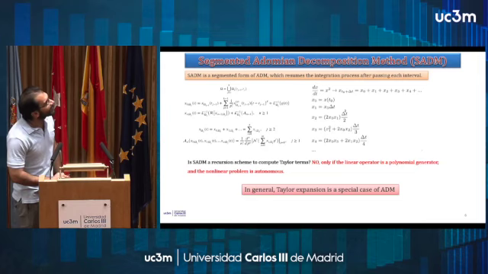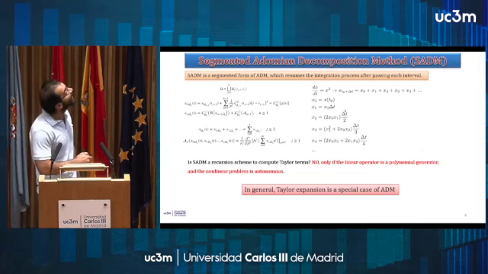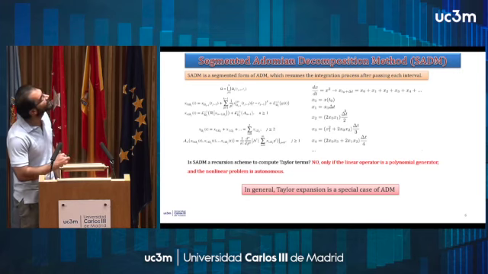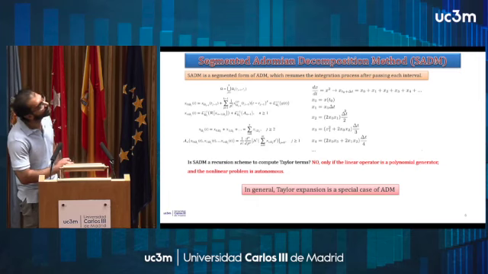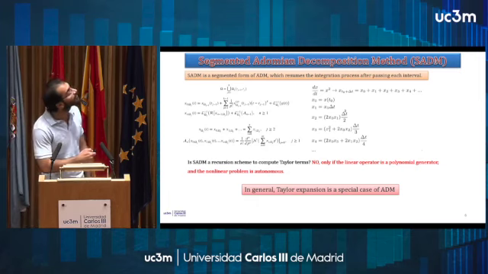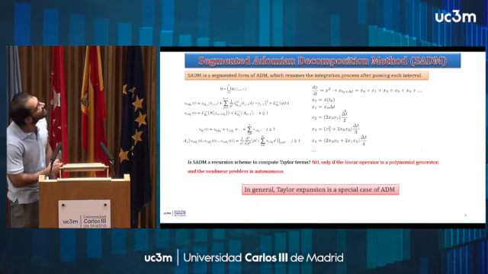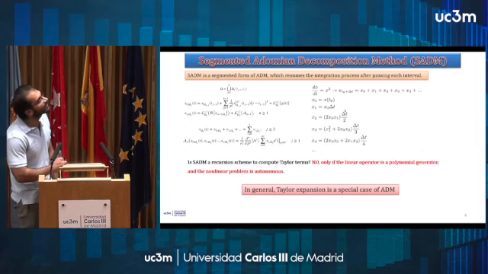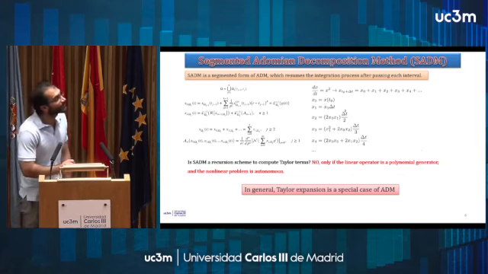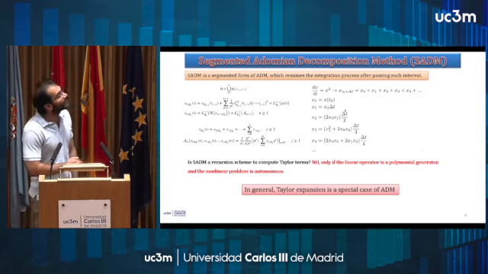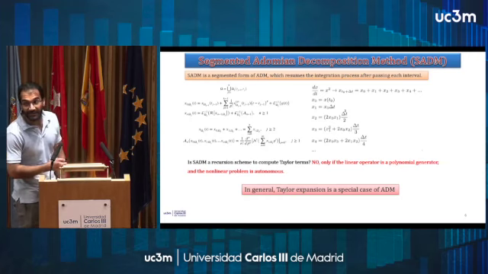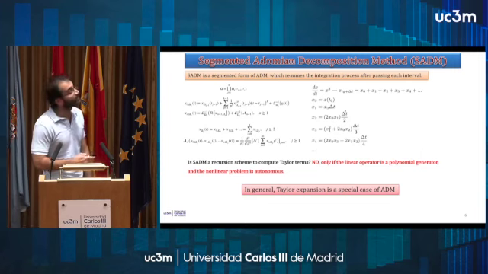This is the segmented Adomian decomposition method and how it works. And actually here we use a linear operator and the inverse of a linear operator to form this. And in an example, we can see that it works like this, and it computes all the terms in the recursion scheme. So the question is, is the segmented Adomian decomposition method a recursion scheme to compute Taylor terms? In general, no. Because in general, Taylor expansion can be considered as a special case of Adomian decomposition method.